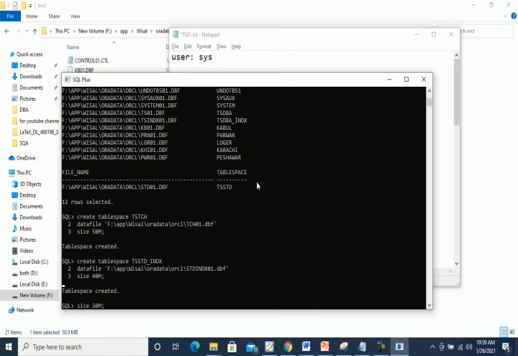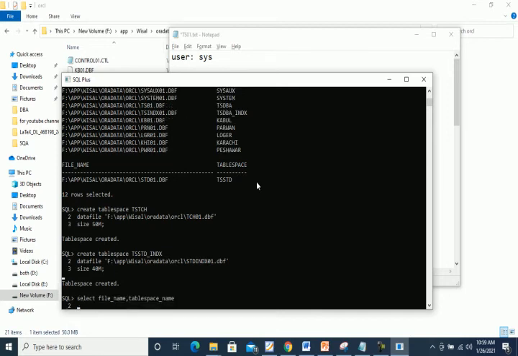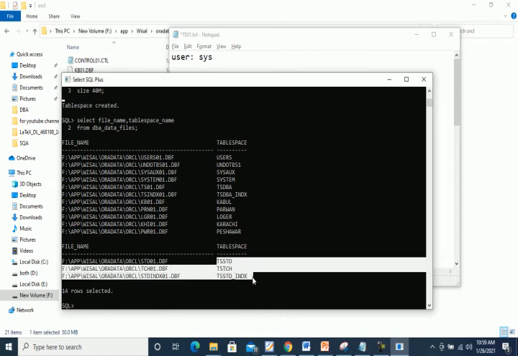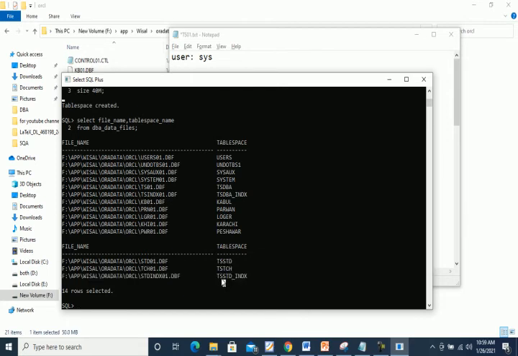Now if you want to see information about our data files, look here, we created these three tablespaces: two are tablespace std and tablespace teacher, and one is the index tablespace named tablespace std index.